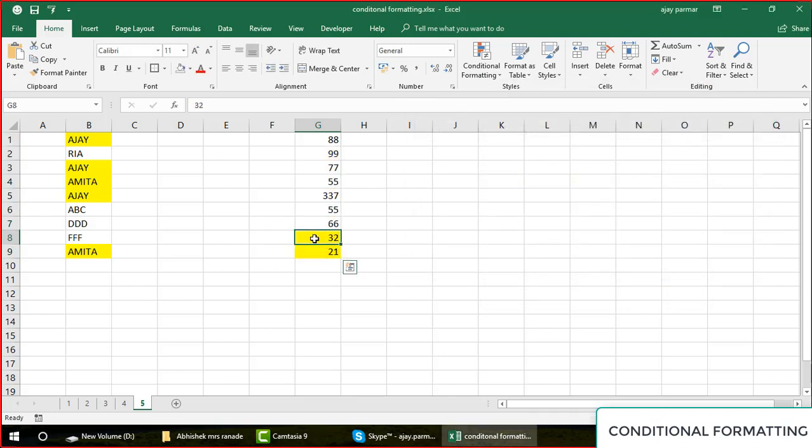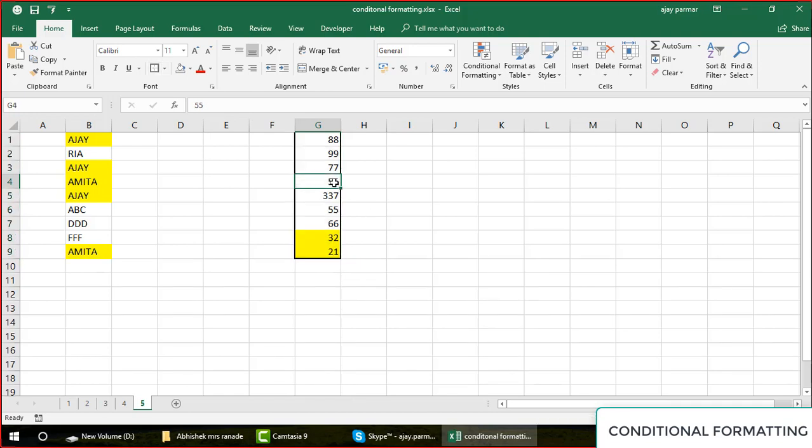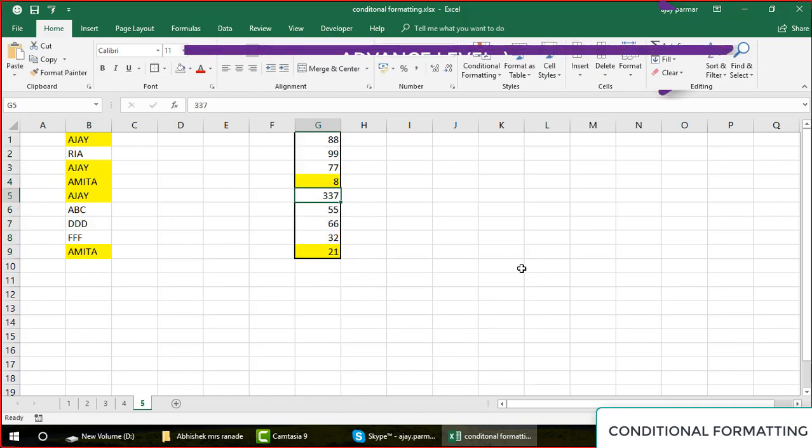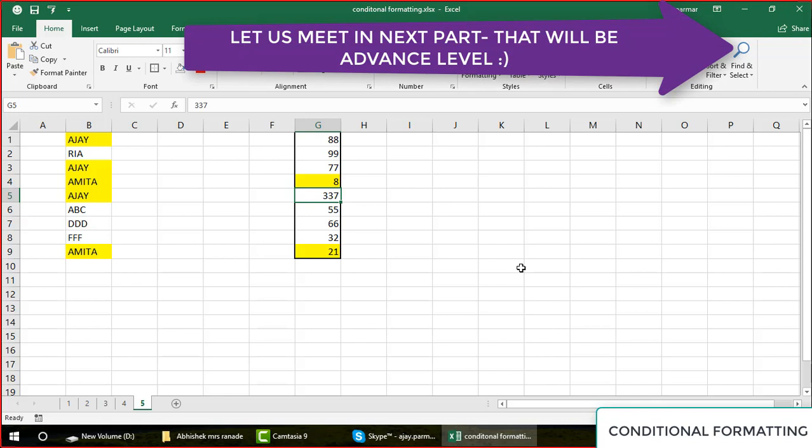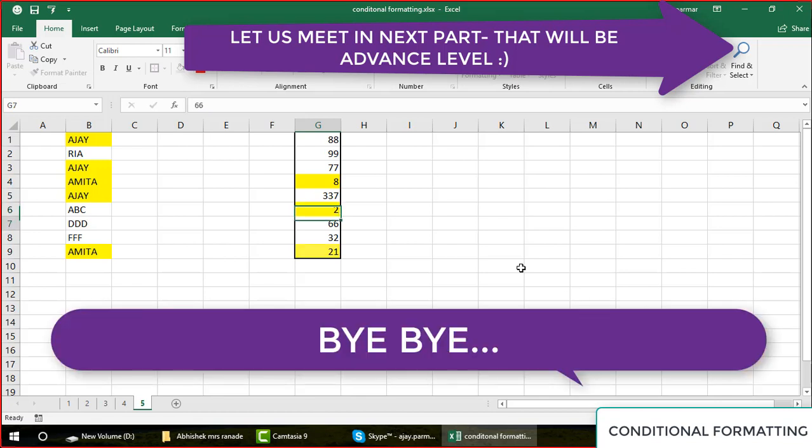Yes. Now this does not mean it's working only the first time. If you make any variations in your list, it should change. For example, I write here 8. Can you see that? The number will automatically change, right? So if you write another shorter number than the 8, you see, numbers will automatically be picked up. This is how it is.